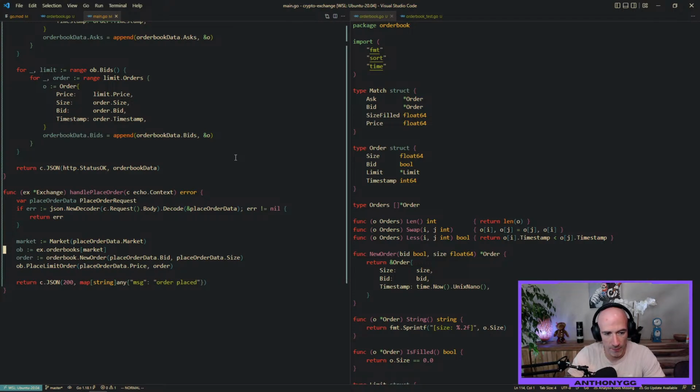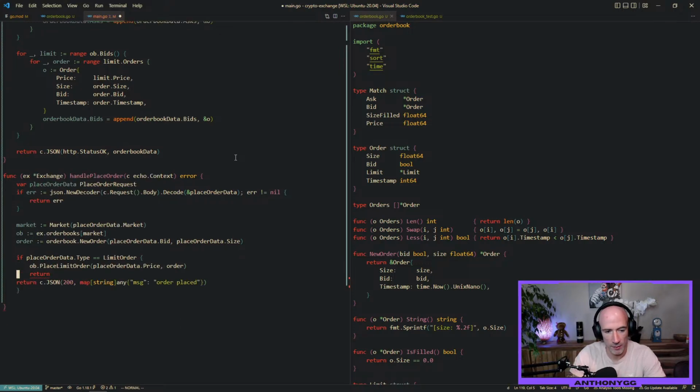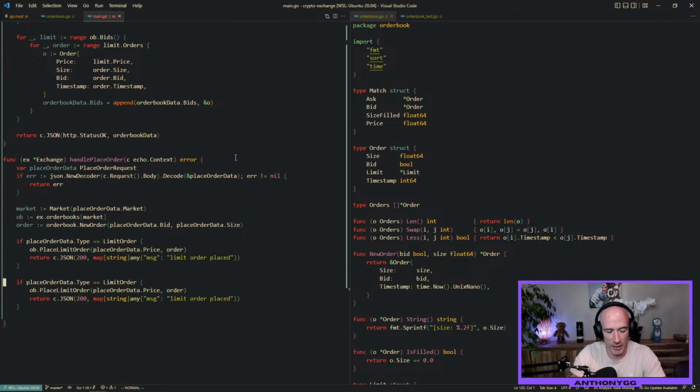But I think we could do something like, if the place order data type is a limit, okay, so like limit order like this, I guess we could say this and return something like this. And if it's not, we could actually